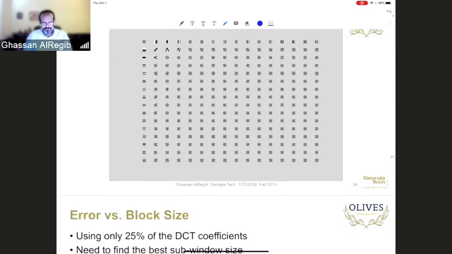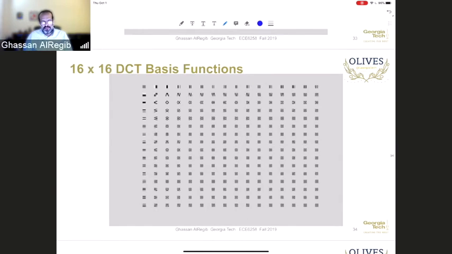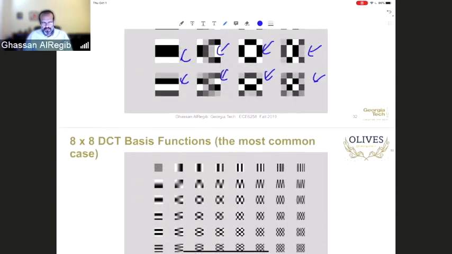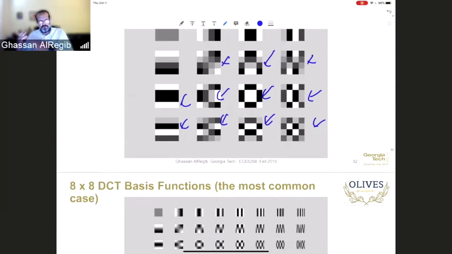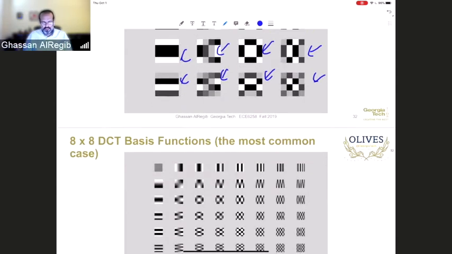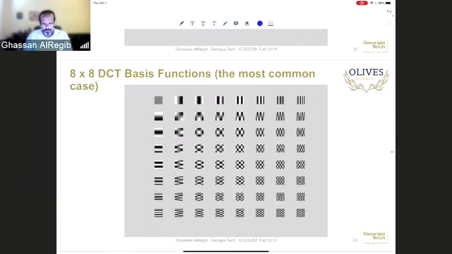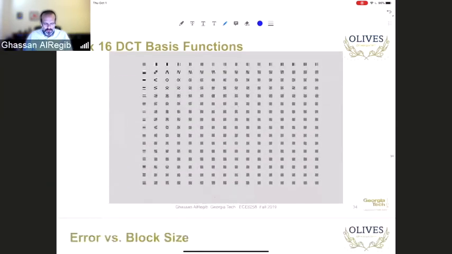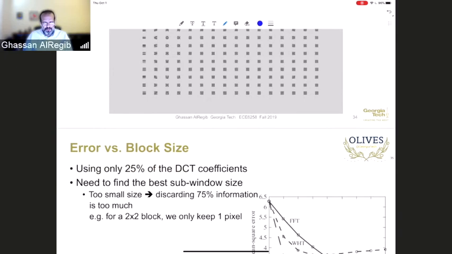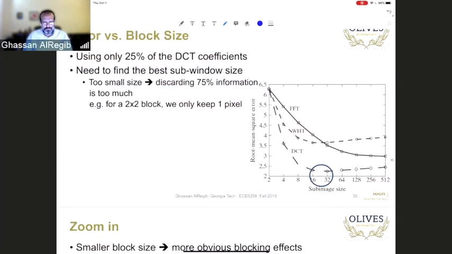but there are quite a few details if you zoom into this one. So now we understand the basis function concept. We understand basically the dimensionality, the size of our DCT. Remember when we had the size of DFT with the circular convolution, like a 256-point DFT. Now we have a 16 DCT or 8 DCT, which means 16 by 16, or 8 by 8. How can we really choose between them? So there was an interesting experiment, and it is as follows. In this experiment, there's something we call the